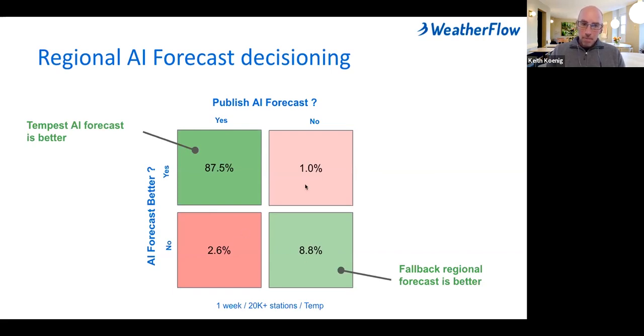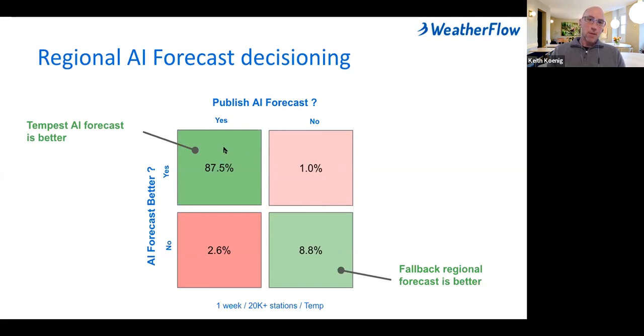The red pinkish squares here are days where we've failed, where we chose to fall back, so the upper right, the 1%, to not the Tempest AI model but the regional model, and it wasn't better.